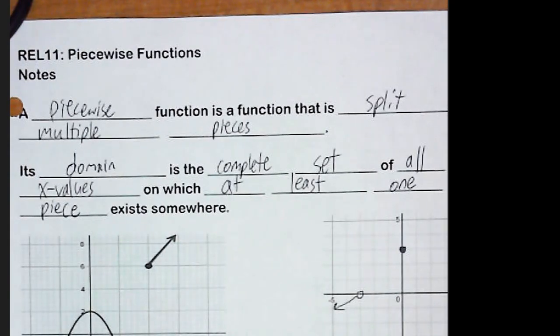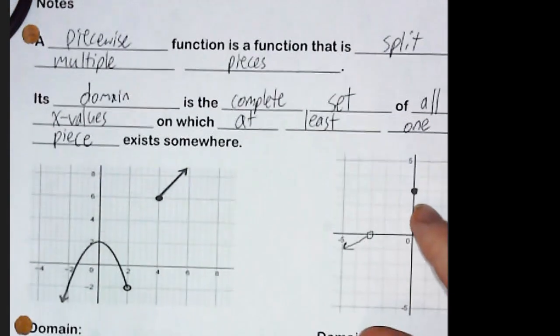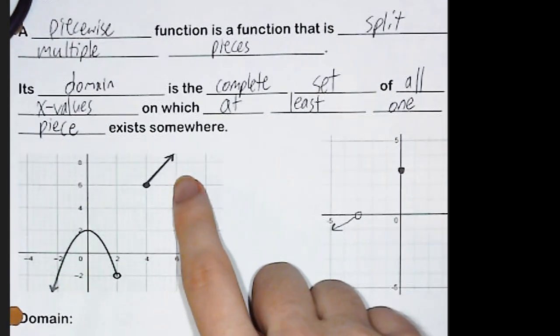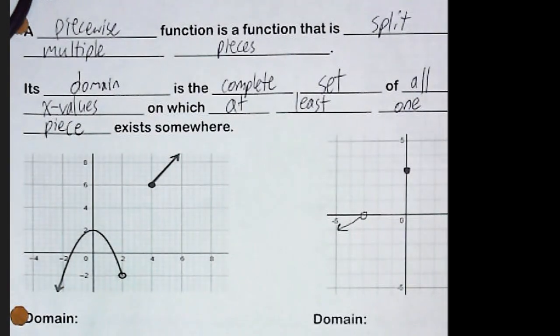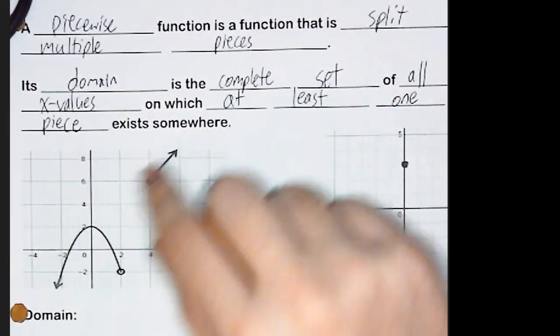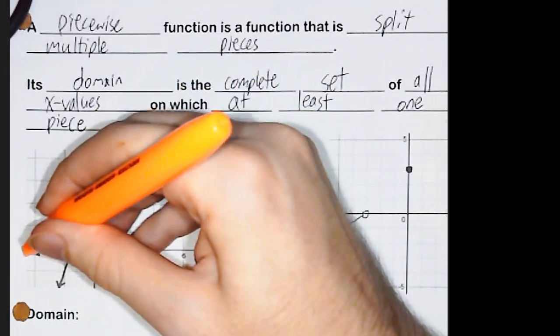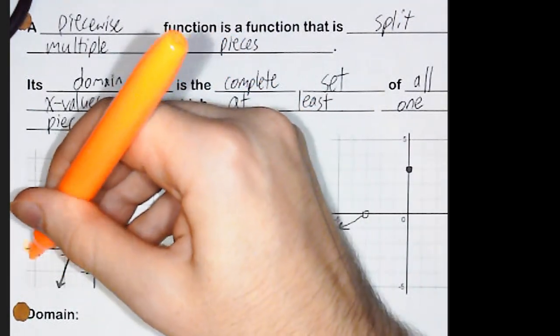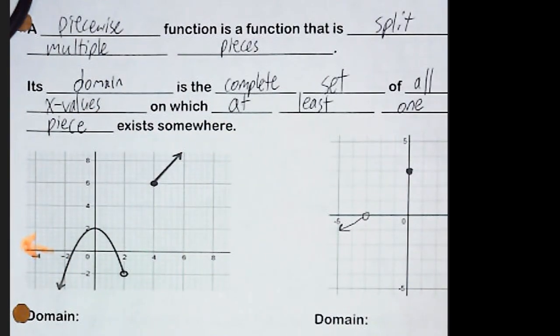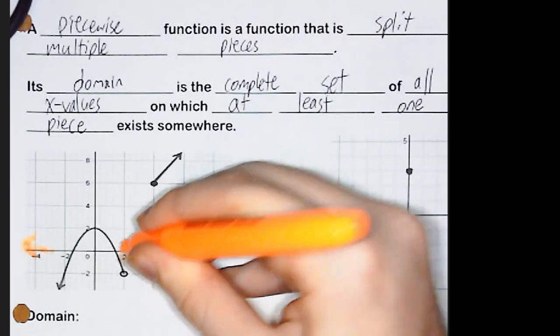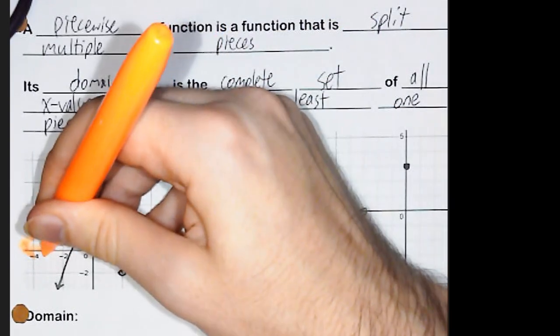So, for example, if we look at this piecewise function here, you can see piece 1 is right here and piece 2 is up here. So we're looking for all the x values on which at least one of these pieces exists. So for the first one, we have an arrow here, which means we're starting at negative infinity. Our domain is starting at negative infinity. And it's going to stop here at positive 2. So for our first piece, our domain is going to stop at positive